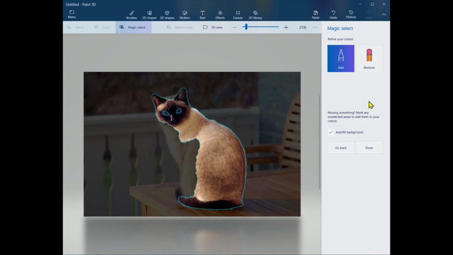Now we see how it did, and it did a pretty good job on the right side, but it missed a lot of the cat over here. So we're going to have to fix that. Now there's a tool that will help us fix that, and it says over here, refine your cutout by adding or removing things from the